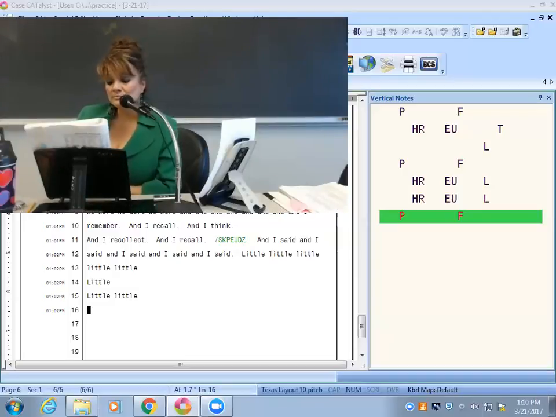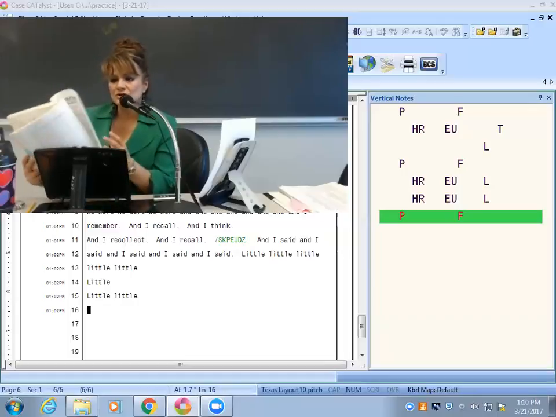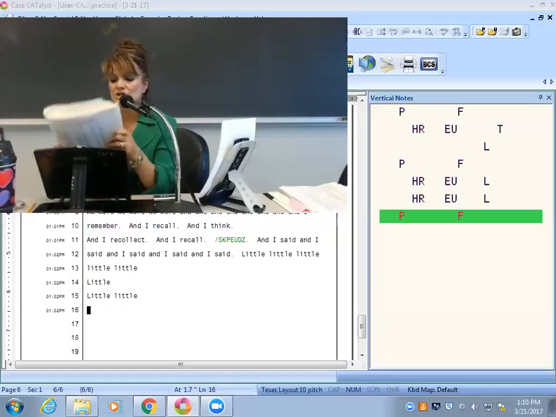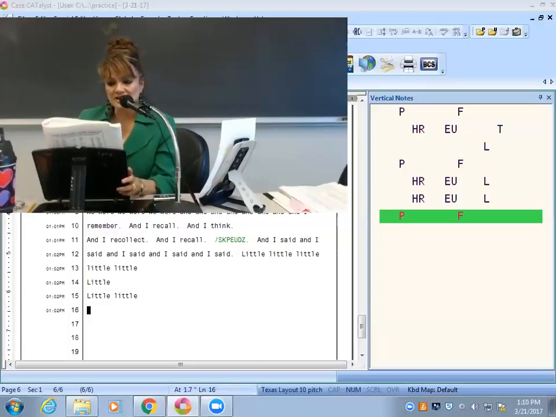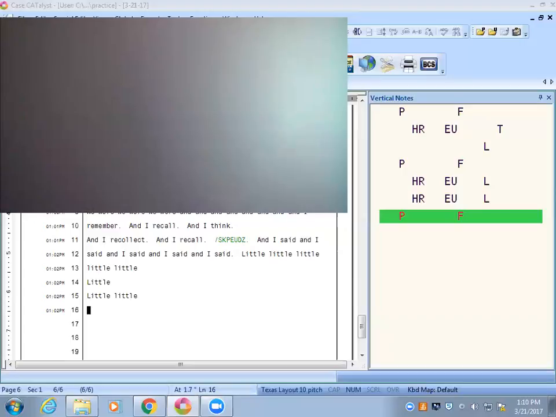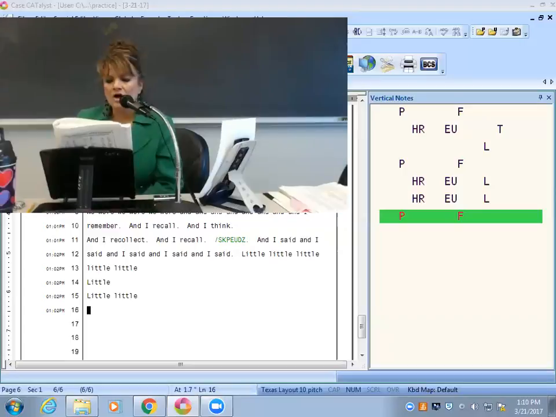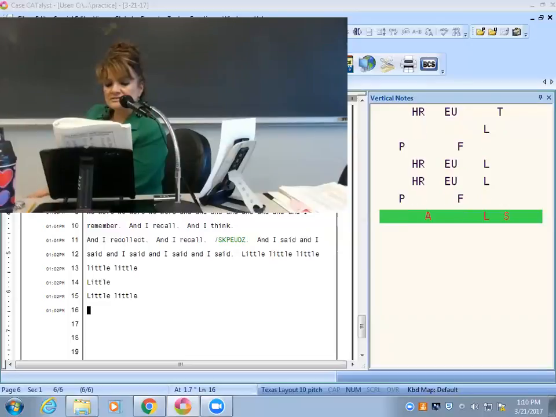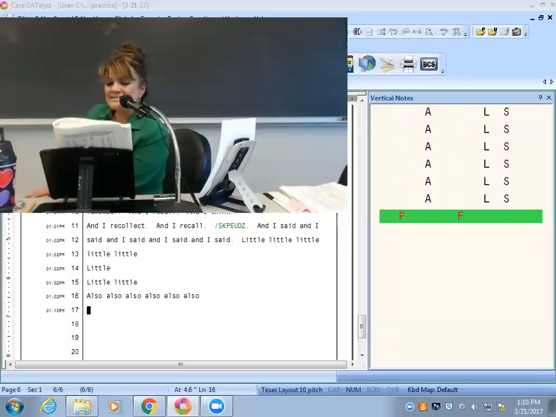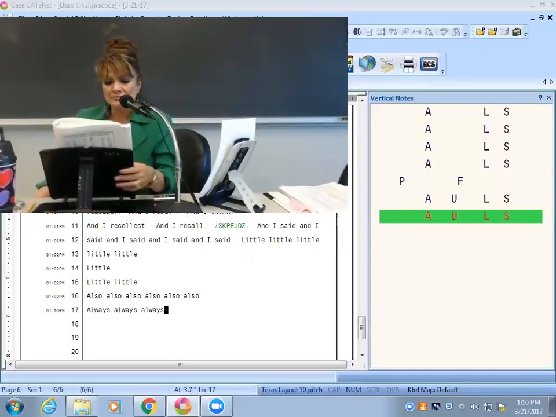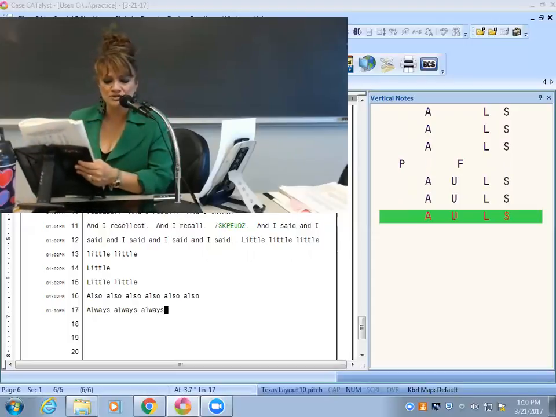So I'm going to go a little bit faster now. I just want you to remember those words. What I'm going to do is first start with the words you just learned, a little slow, and then go a little faster with the other ones you already should know, okay? And as far as also is ALS, also. Always, AULS. I try to remember also is a shorter word, so it's just three letters, ALS. Always is a longer word, so you add the U. I don't know if that helps.